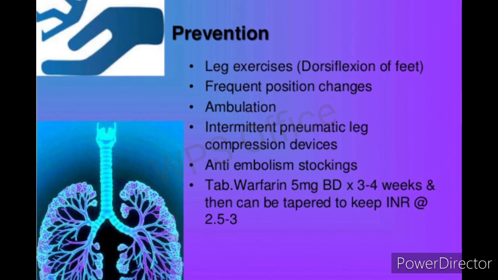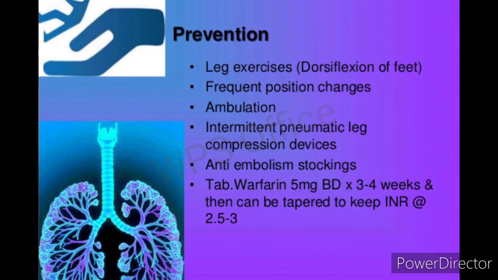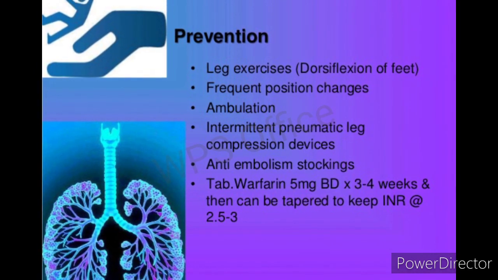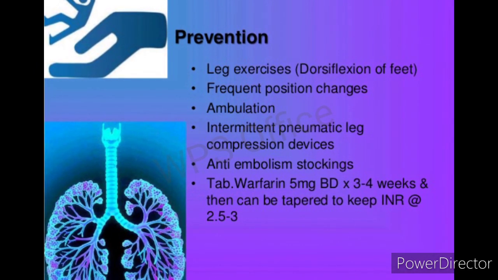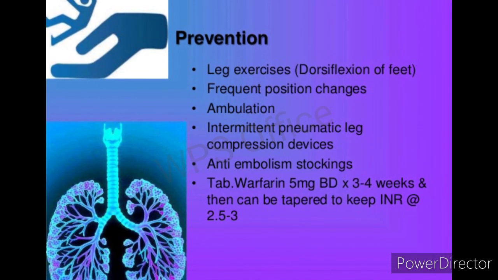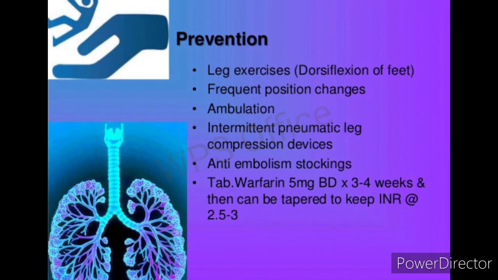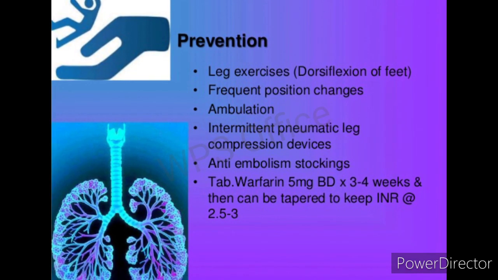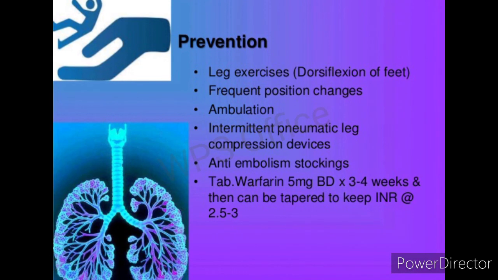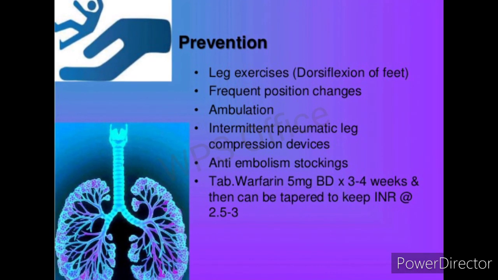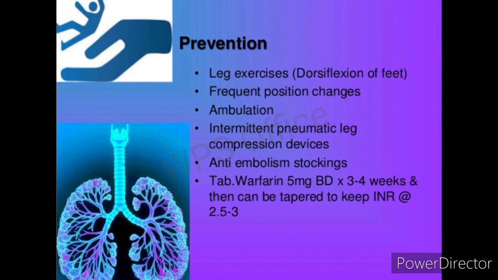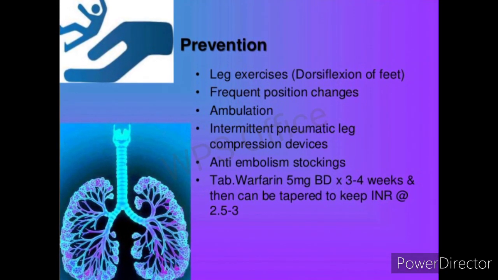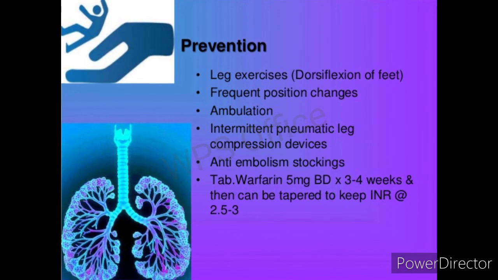Then in the prevention, we can do leg exercises, frequent position changes, ambulation, an intermittent pneumatic leg compression device, and anti-embolism stockings or compression stockings. We have to give these to the patient, especially the bedridden patient. So these are the prevention measures. So we all know what pulmonary embolism is. It means obstruction of the pulmonary artery by a thrombus. Okay,